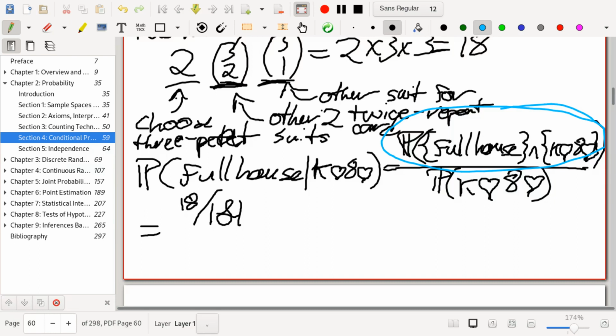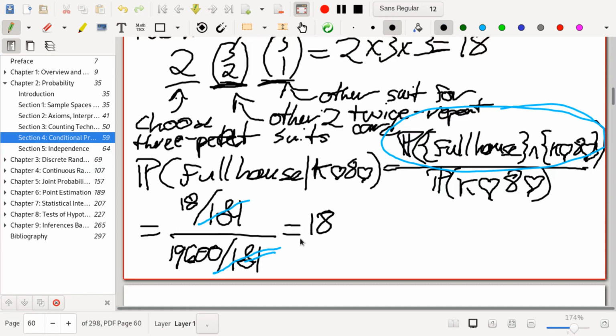So we have 18 divided by the size of the sample space for the numerator, and for the denominator we have 19,600 divided by the size of the sample space. The 2 sample space sizes cancel out with each other, so we are left with 18 over 19,600, which is approximately